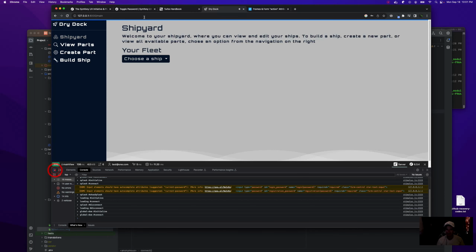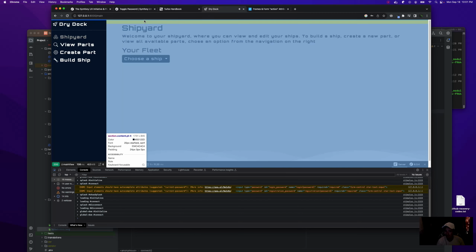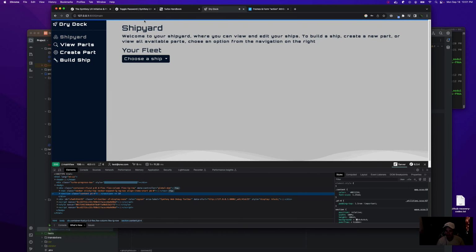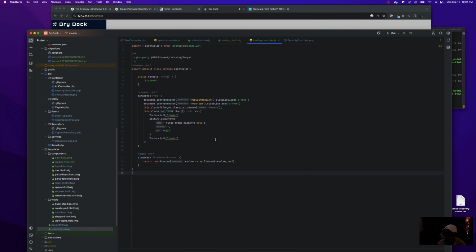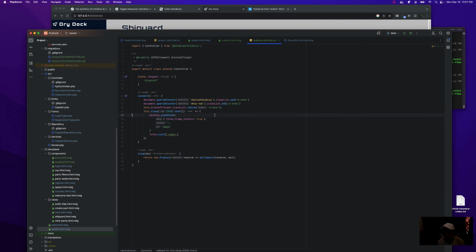The one thing is this turbo bar is stuck at the top. Why is that? That's definitely a turbo bug. I've never heard of that before. Huh. Oh, you know, I have turbo visit in there twice.